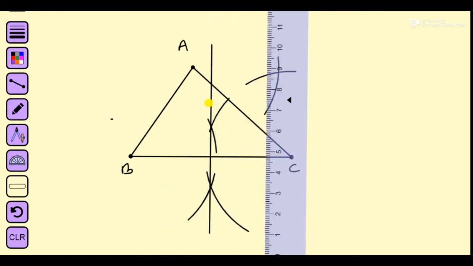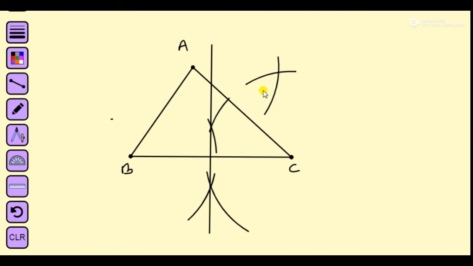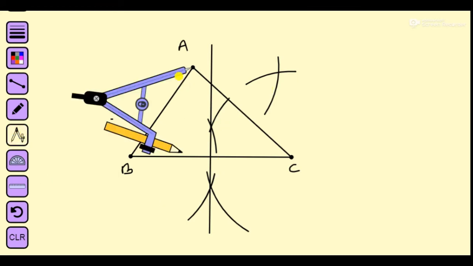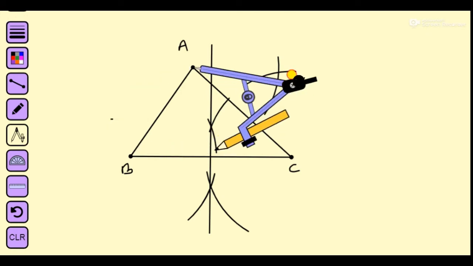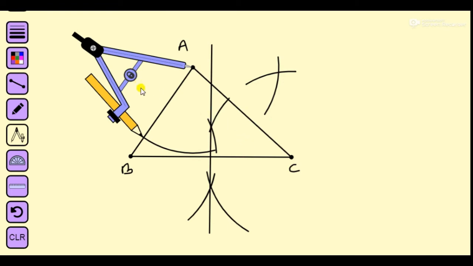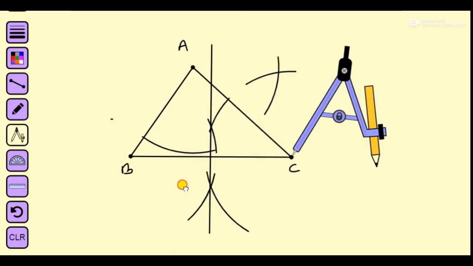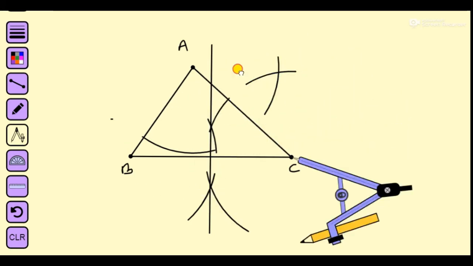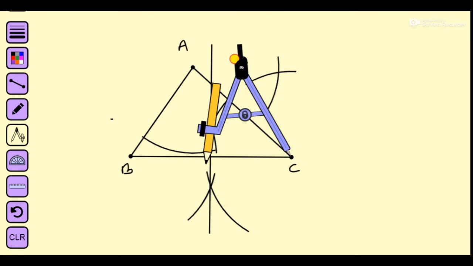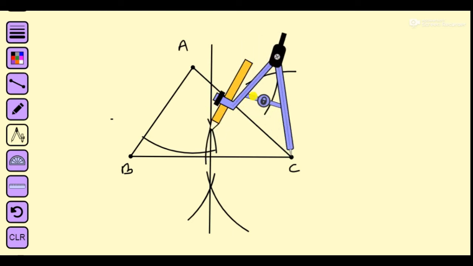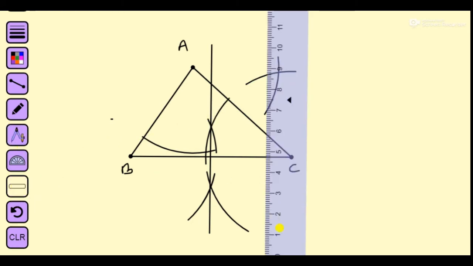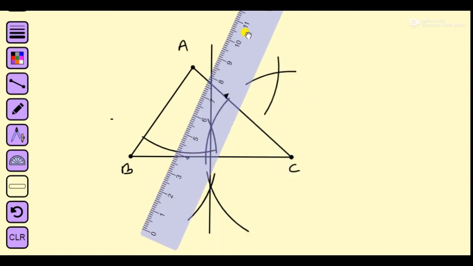Yes, now remove the roundel. Remove the scale, and now take the roundel once again and put it at the same distance, like this. Once again take this here and here, like this, and remove the roundel and take your scale and put the scale here in this way.